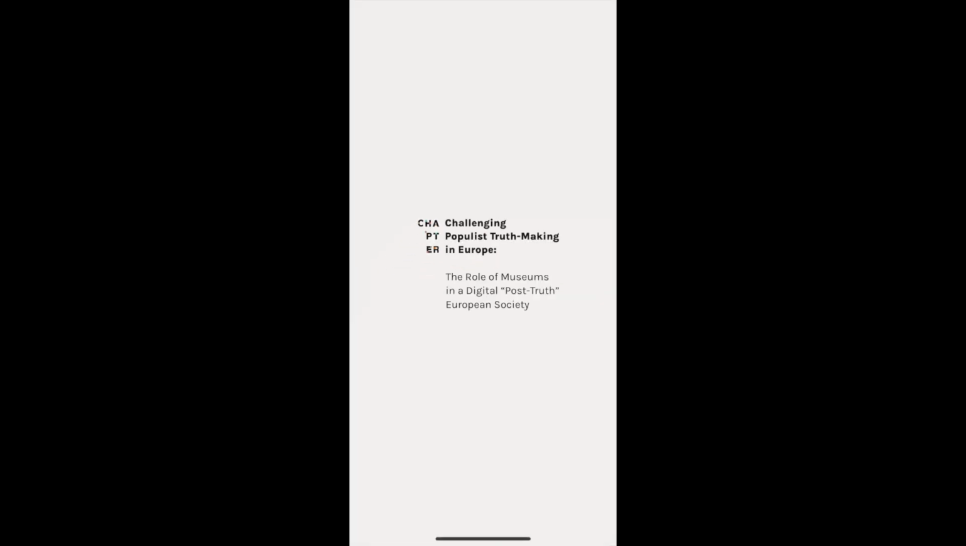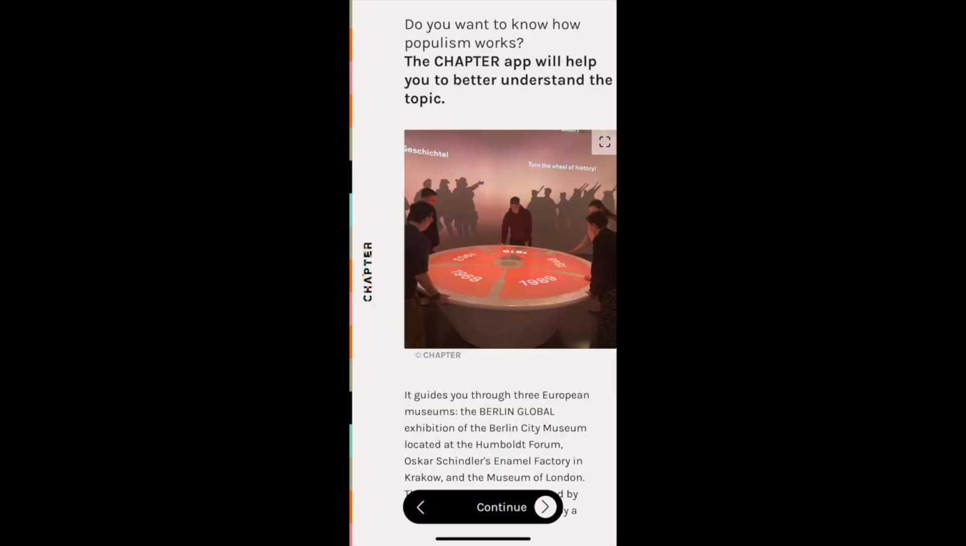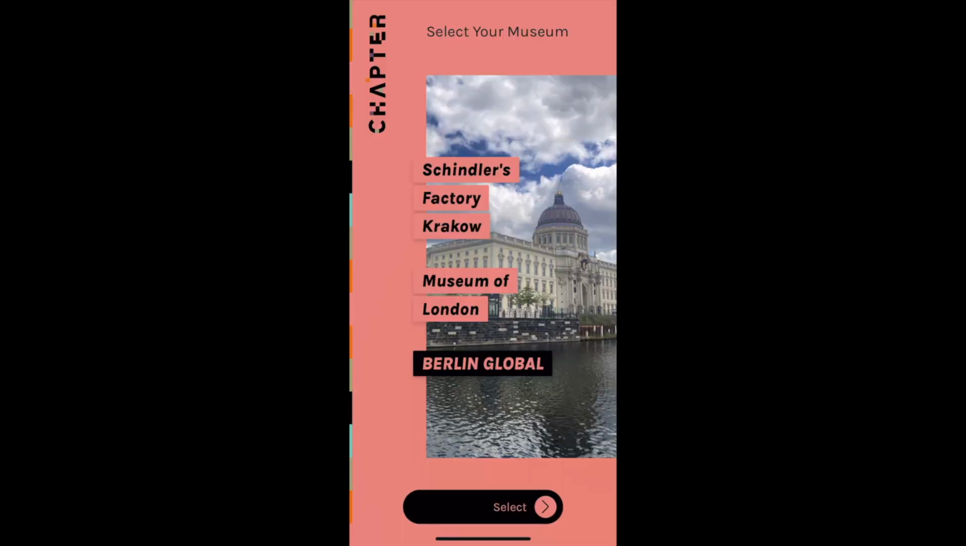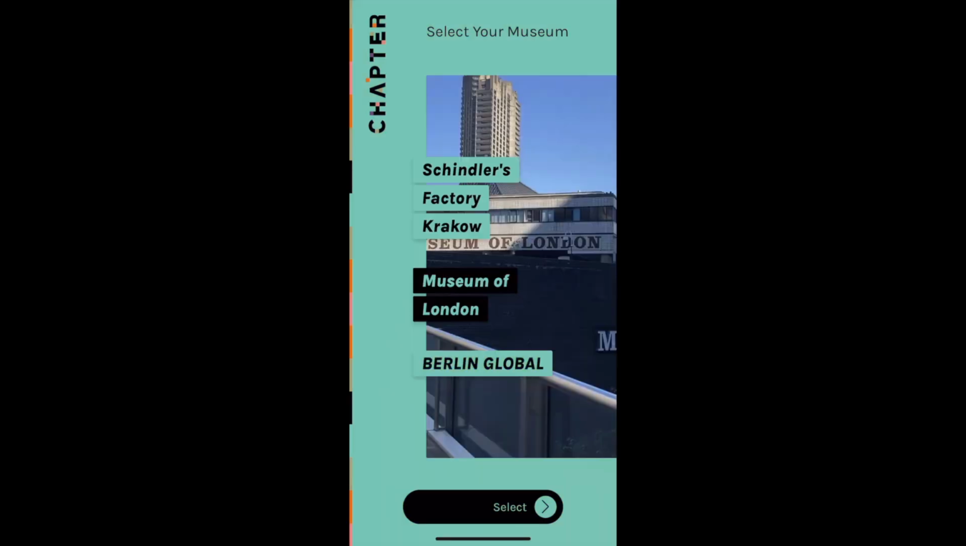The goal of the chapter app is to show how museums can use digital tools to address pressing political issues. In the case of our app, we show how the collections and objects of 3 European museums in London, Krakow, and Berlin can be combined with digital interactions in order to address the challenges posed by the rise of populism